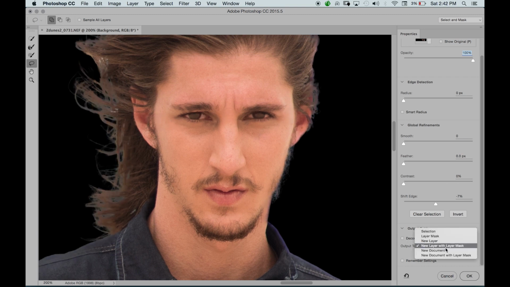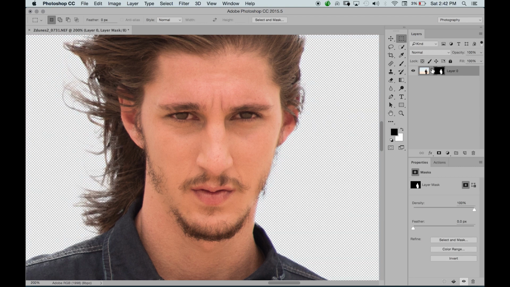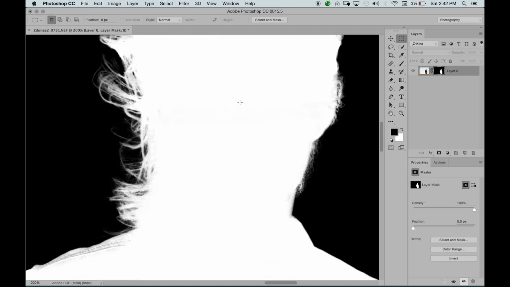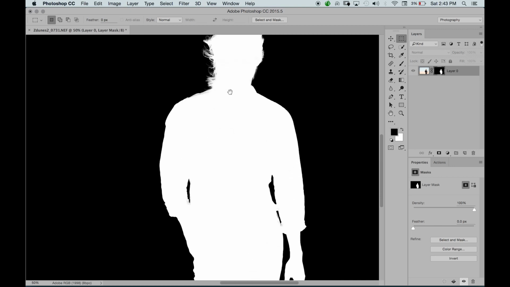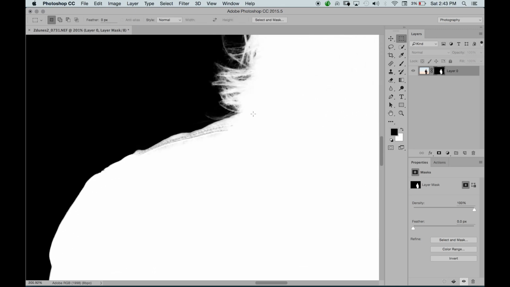I'm going to say either a new layer with mask or a layer mask. So I'll say new layer, I'll say layer mask. Hit OK. And as you see, it is the same layer with the mask option. Clicking on the mask itself shows you that really incredible selection that we did. And then from here, you can brush it up if you want to with the standard tools. I can go back to my brush tool,